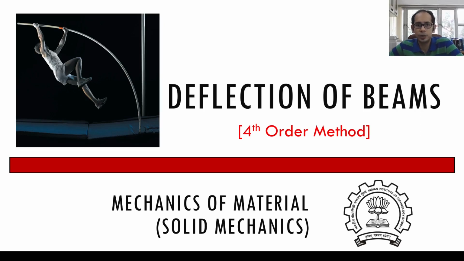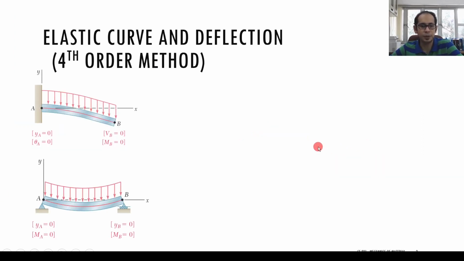Now, in addition to the second order method to solve beam deflection problems, there also exists a fourth order method, which eventually you will see reduces to the second order method itself. Now, this fourth order method is particularly useful when you are solving for beams which have a uniformly distributed load. And the reason why it is useful is that we will see in a minute that